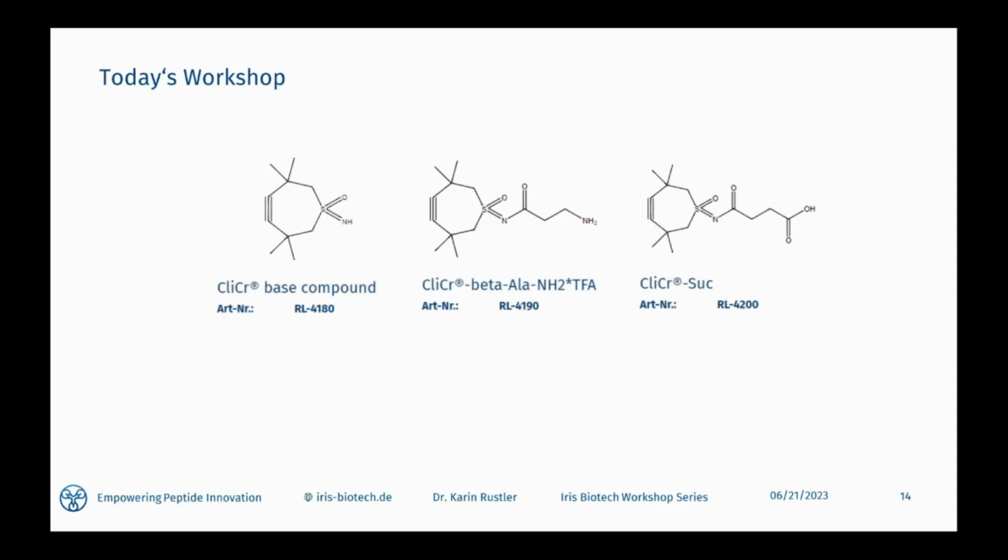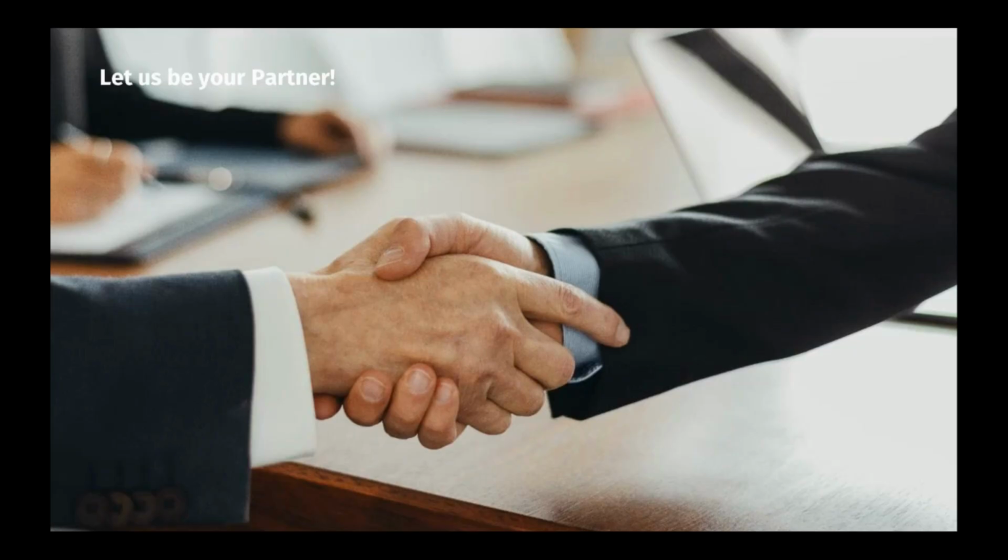In today's workshop, we want to focus a bit more on the second type, so strain-promoted reaction between alkyne and azide. And in this regard, Rob is giving insight into the use of the clicker, a strained alkyne for copper-free click chemistry, and its advantages. So, Rob, we are already excited to hear more about this topic. With this, I'm through with my quick introduction. So thank you all for your kind attention, and excited to hear the main part.